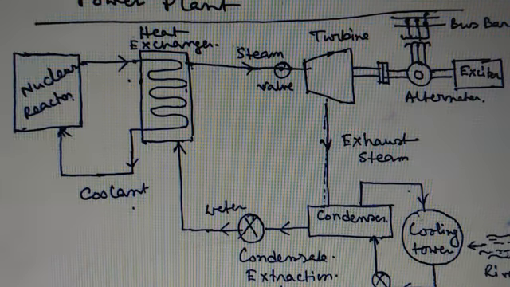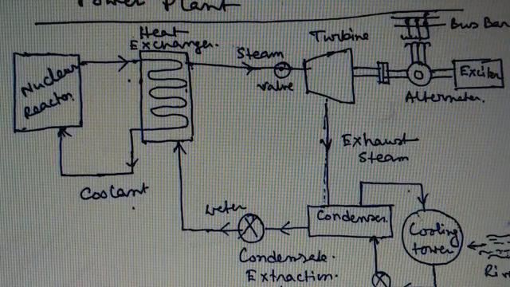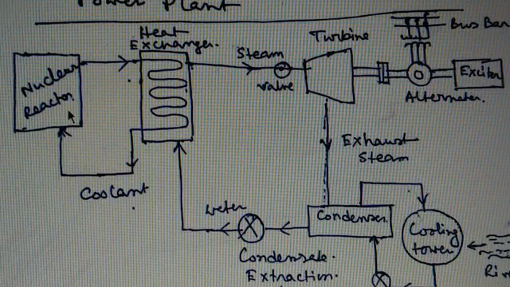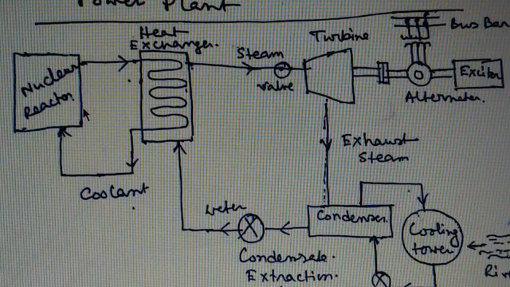Now the different types of vital components of a nuclear power plant, like the nuclear reactor. The nuclear reactor is an apparatus in which the nuclear fuel, that is uranium-235, is subjected to nuclear fission. It controls the chain reaction that starts once the fission is done. If the chain reaction is not controlled, the result will be an explosion due to the fast increase in the energy released.